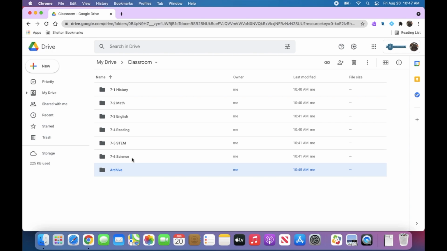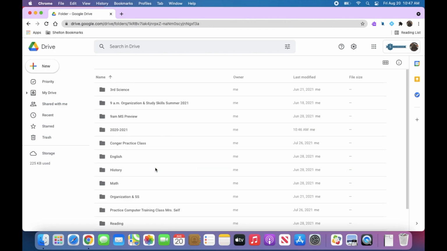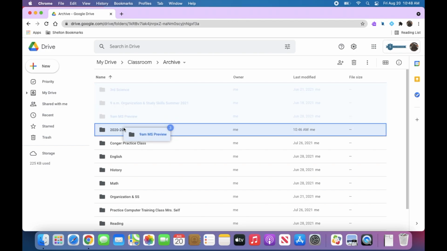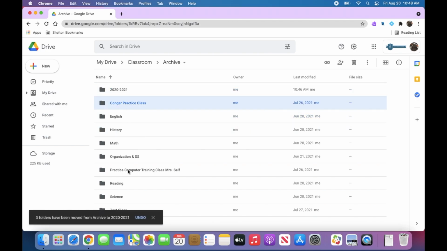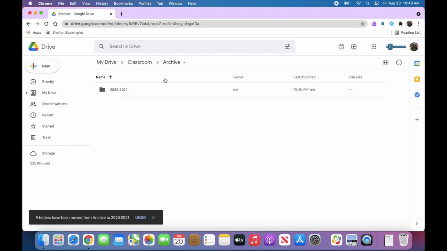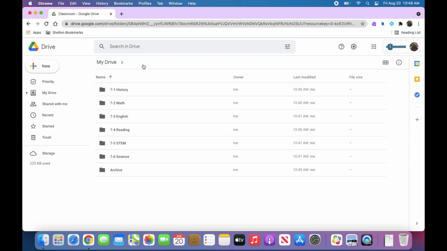Now, if I drag and drop those into the archives, I should only see my classes now for this school year listed under the main Classroom page. We're going to take this one step further and now drag all of these into the 2020 folder. We are now done archiving classes from last year. So if we go back into the Classroom folder,